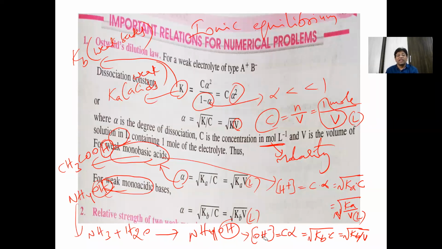From these two, what can we get? From the H plus ion concentration we can calculate pH, and from OH minus we can calculate pOH. The pH formula is minus log of H plus ion concentration. And we also know pH plus pOH is equal to 14. Okay, let's take a screenshot of this one.